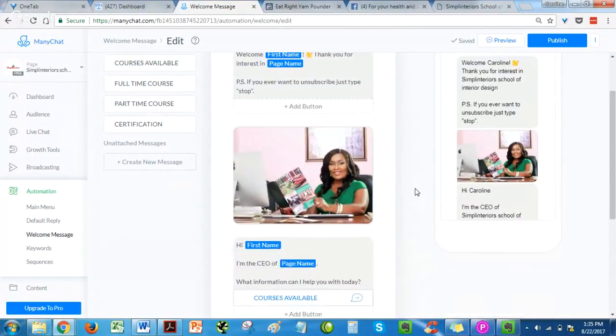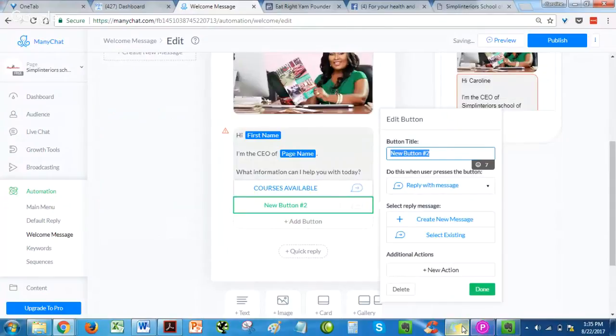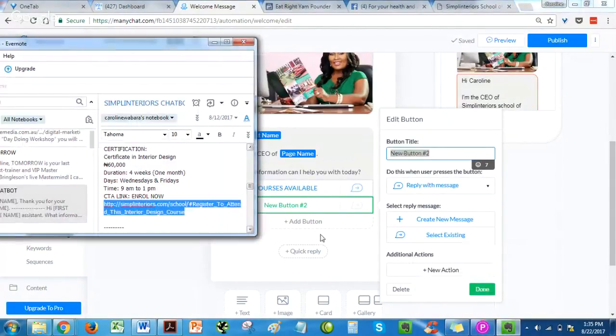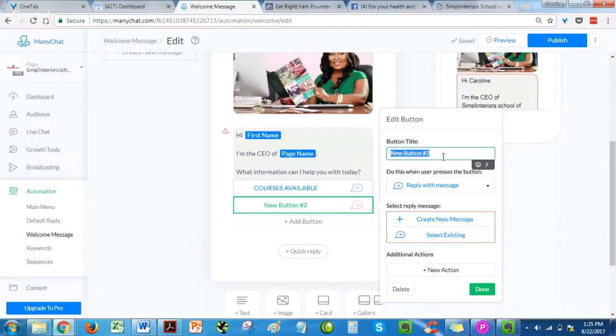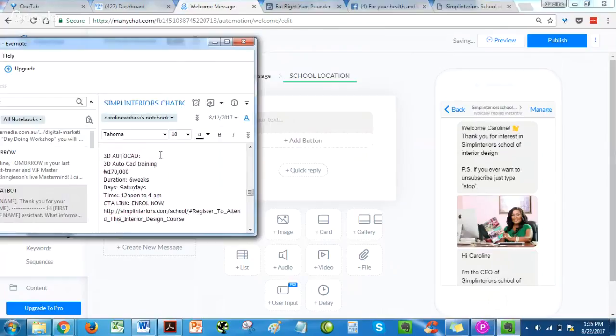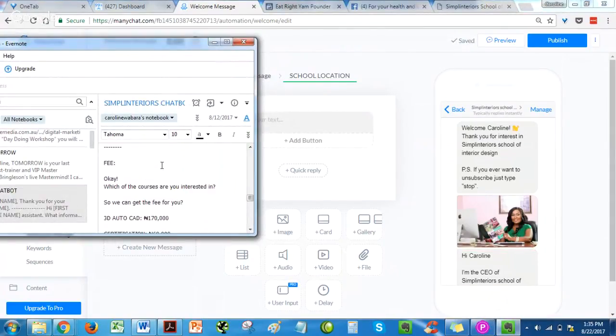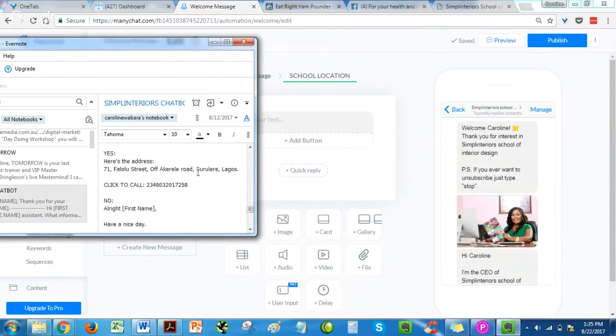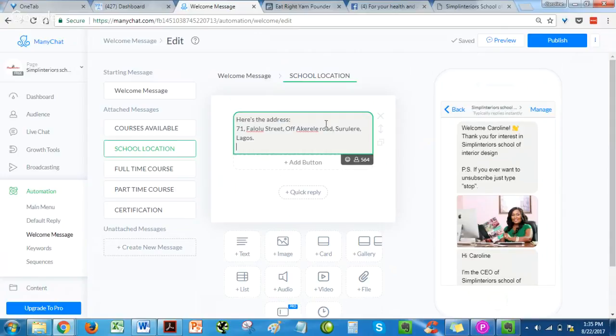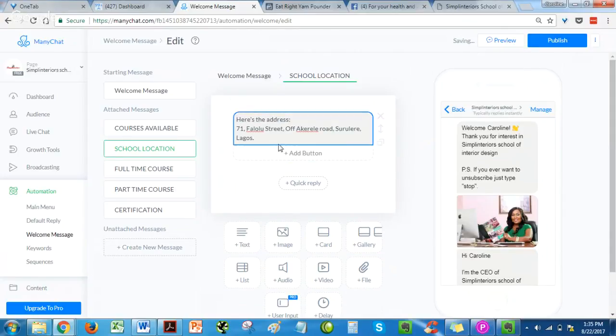Then back to our question message again. So we click another button that says, okay, what information do you need help with today? I'll go back to the next, say, okay, school location. So I'll reply, change the button to school location, and then reply, create new message. Then go back here. School location. So I'll type in, here is the address of the school. And then I can